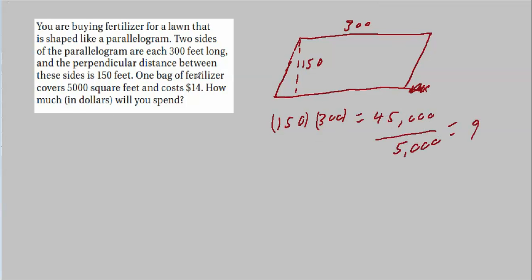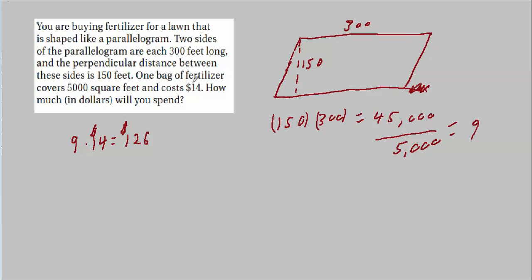Well, now we just have to take 9. That's how many super acres we had, times 14. And let's see, that's 90 and 36 is 126, I think. I better double check that. Yeah, my calculator agrees. And that's in dollars, of course. So, I should have said 9 times $14 here is $126. That's our units this time. So again, this is pretty easy. You just had to think in units of 5,000 square feet, because we know how much 5,000 square feet costs.